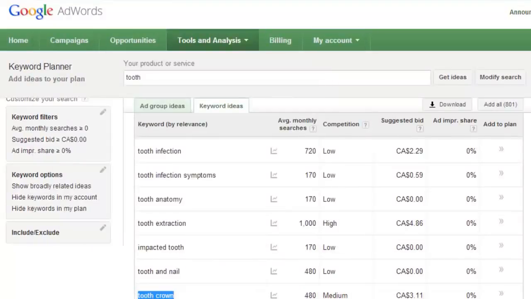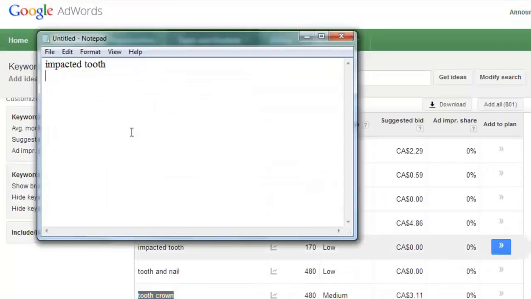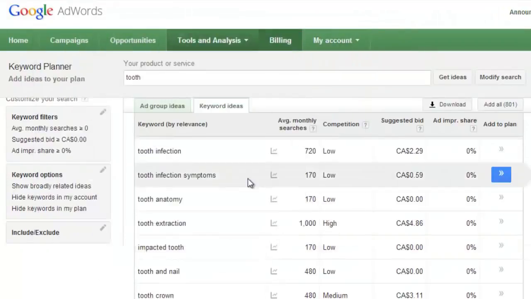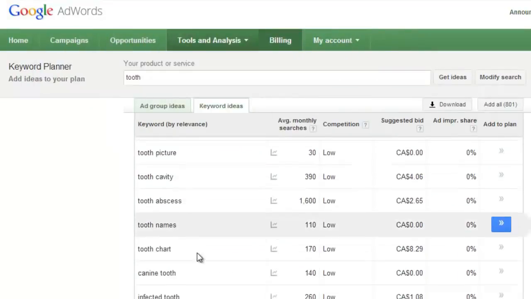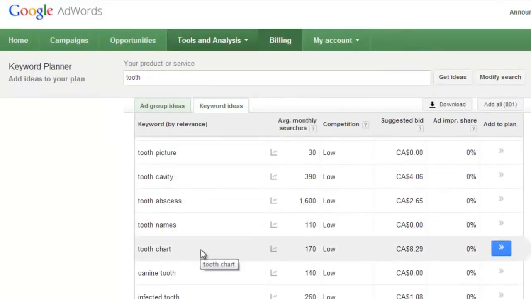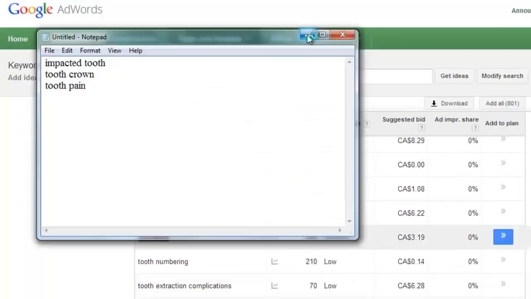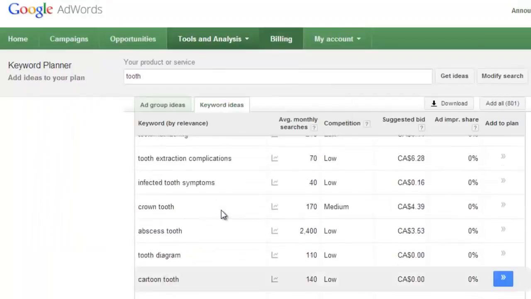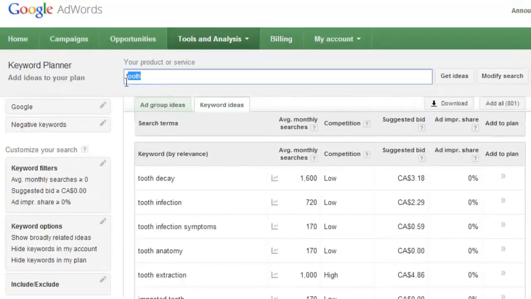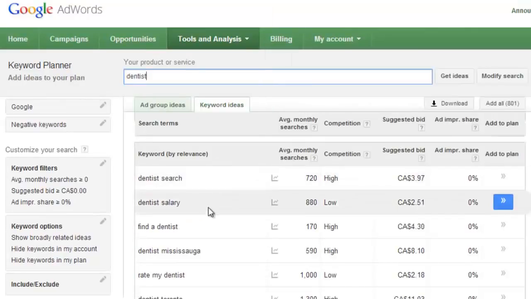This is where you might want to use your common sense of good base keywords that are going to have a lot of good related keywords to target. And if you're confused right now, don't worry about it because it's all going to clear itself up in a few minutes' time. And we really just want to add as many base keywords as we can. We can even put in here dentist because we're doing the dentistry niche in general. And maybe we want to have